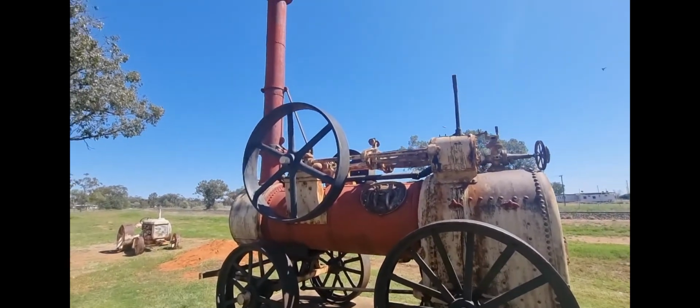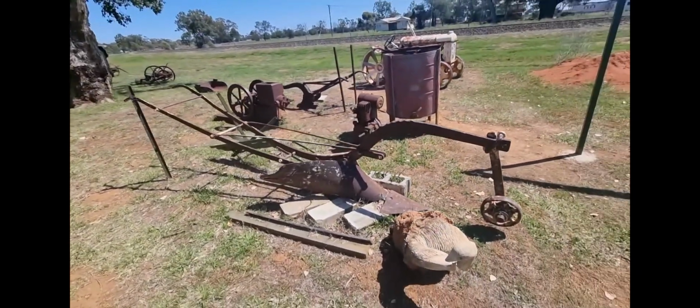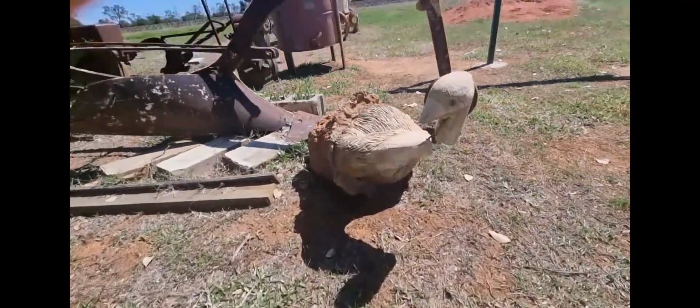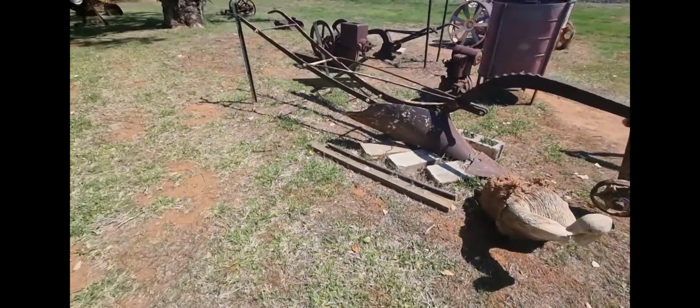Monster big steam engine here. Is a big plough. That's about the biggest one I've seen. Oh, it can be a friend for Mum's big concrete pelican. Oh yeah, that'll be happy. Old broken emu. Yeah, Morven's pretty cool, and I don't know if you can tell looking at the ground, but